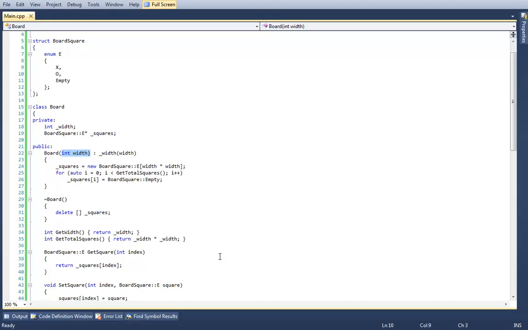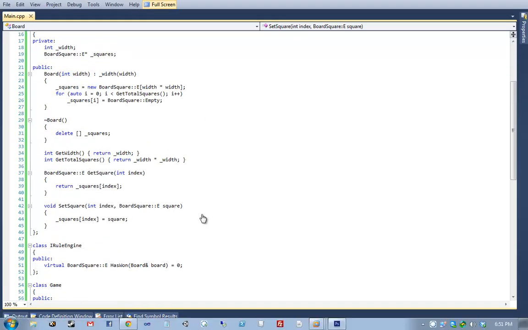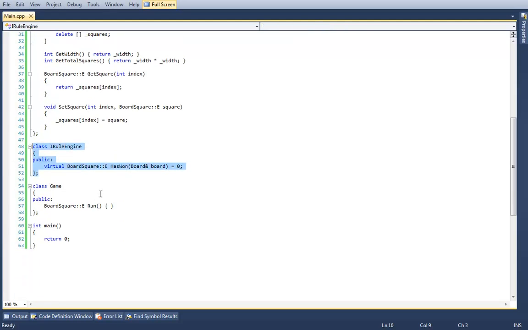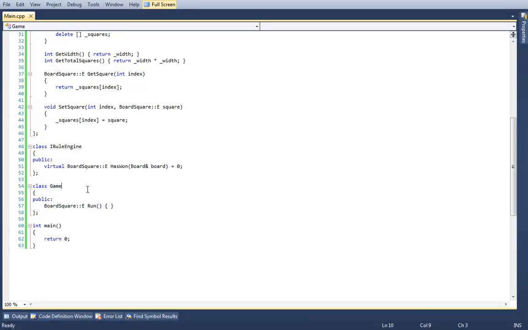Okay, so moving on, let's jump down to something. We're not going to implement the rule engine, because it's already implemented; it's just an abstract type. Let's go ahead and implement Game. Now, Game is going to be fun to write. Game is going to have two fields: a board reference and an IRuleEngine reference.